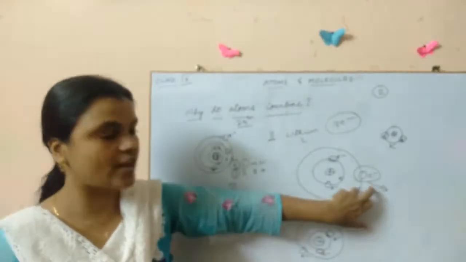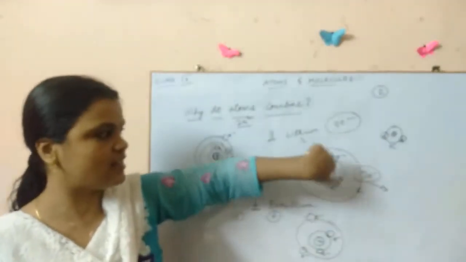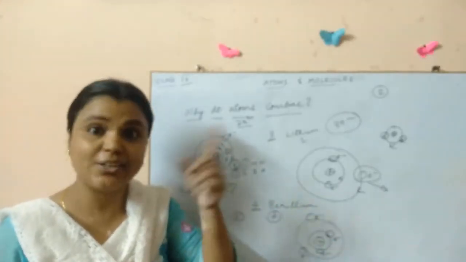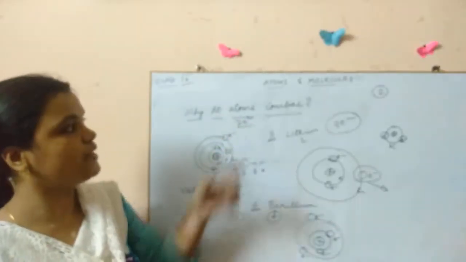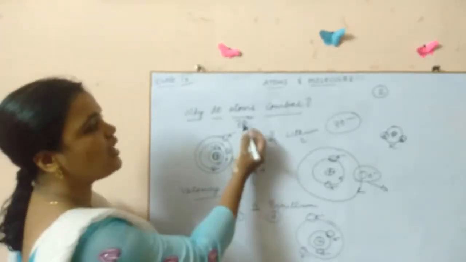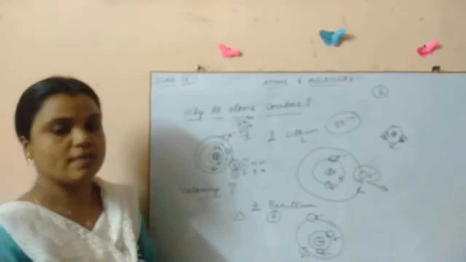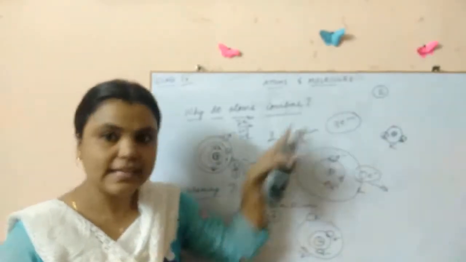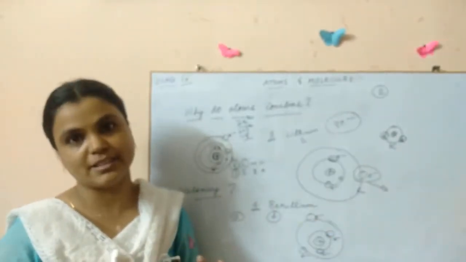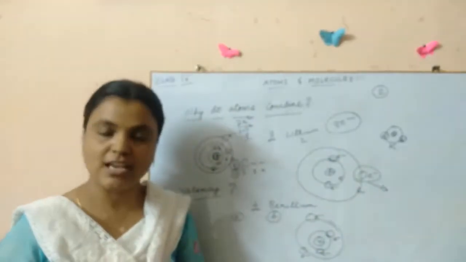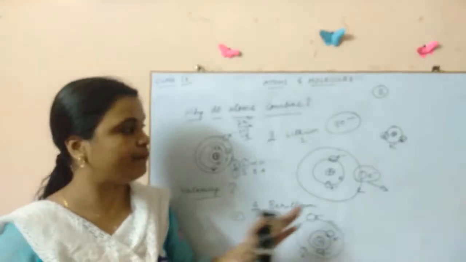Now here, can you see the outermost shell is this? Now it has one electron. How many should actually be there? 8 electrons, right? We learned 2n square. That means in the second shell, how many electrons should be? 2 into 2 square, that is 8, no? So it should have 8 electrons in order to get stability. But it won't be possible. It can't take 7 electrons in it. So what is the easy way to get stability? If it